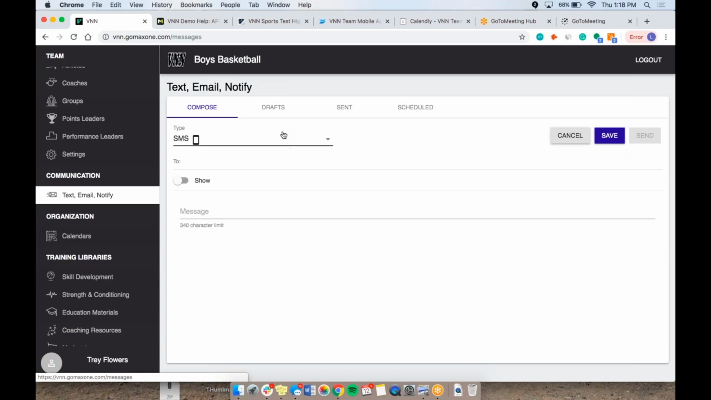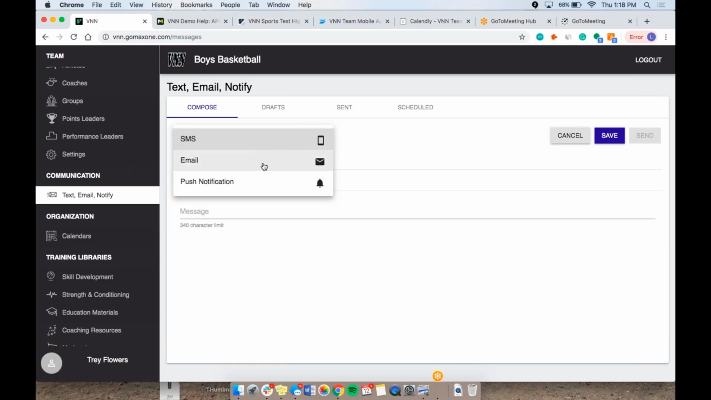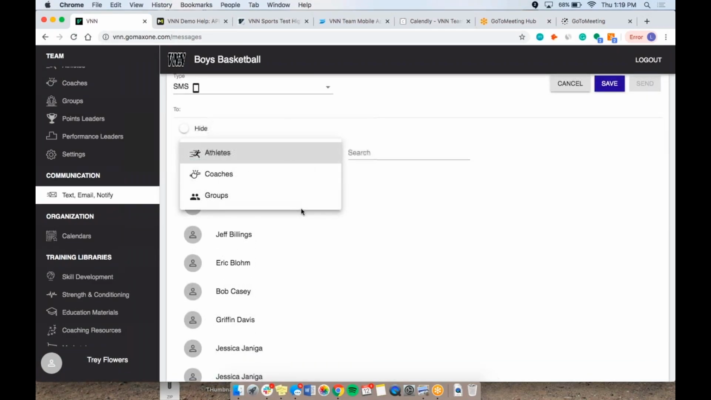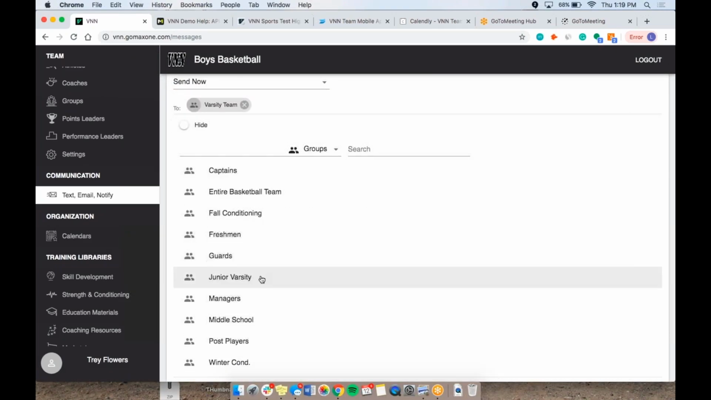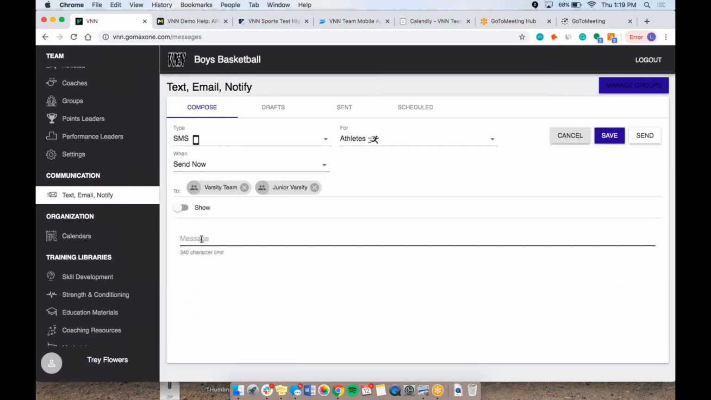But with the communication, essentially what you can do is send a text message, an email, or a push notification to any athlete, parent, or coach in your program. So if I select a text, I can select some groups. Let's say I want to select my varsity team, or maybe my JV and my varsity team. You can type your message: off-season training begins on Monday. Click send. That message is going to go out in whatever form you have to whatever groups you have